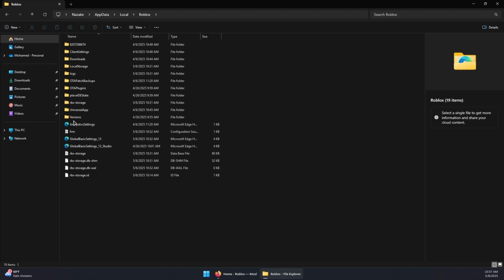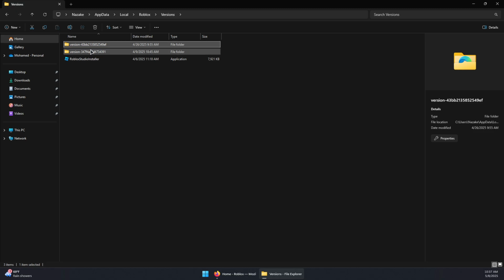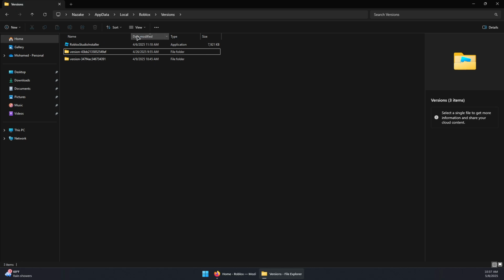Then double click on the Roblox, go to versions. And now you'll need to find the most recent version by simply checking the date modified or clicking on it to sort by the latest date or the oldest date. So for example, this one right here, 4/9/2025,